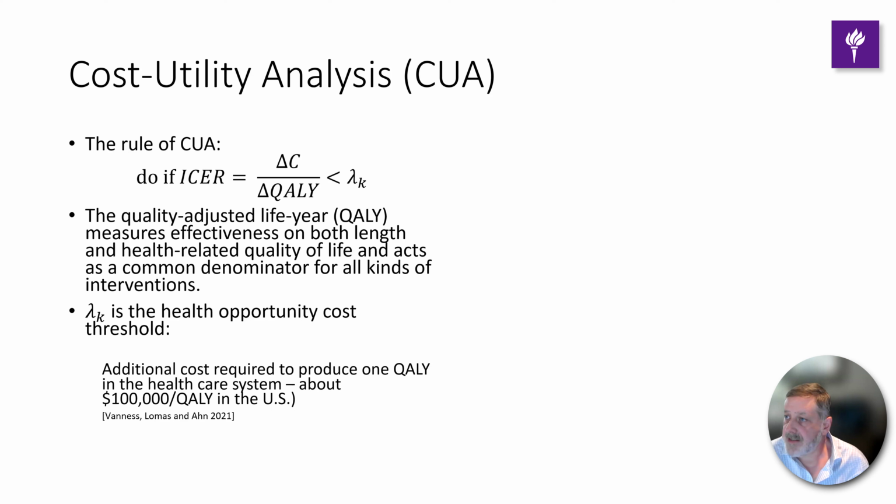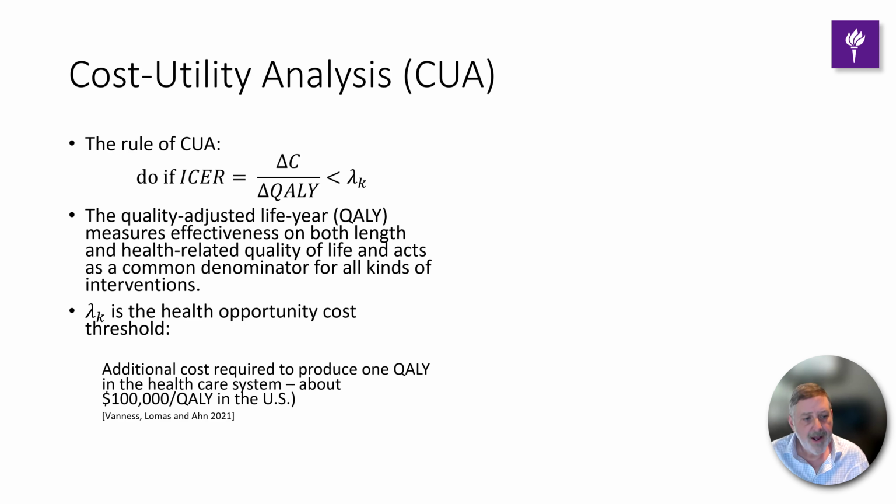In order to make this comparison, then, we have to have a value for lambda k. So what is our willingness to pay to improve an outcome by one QALY using an intervention? We refer to this as the health opportunity cost in the health technology assessment literature. And I estimated a value for this in the US, based on the US healthcare system's productivity